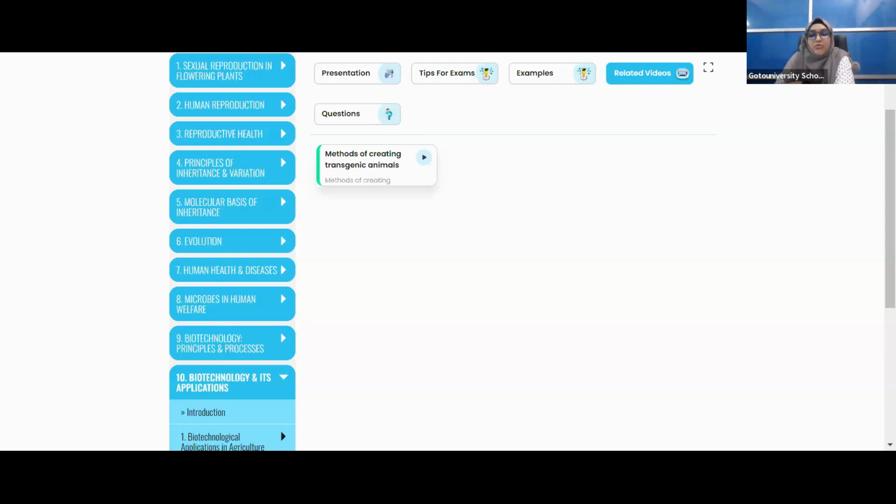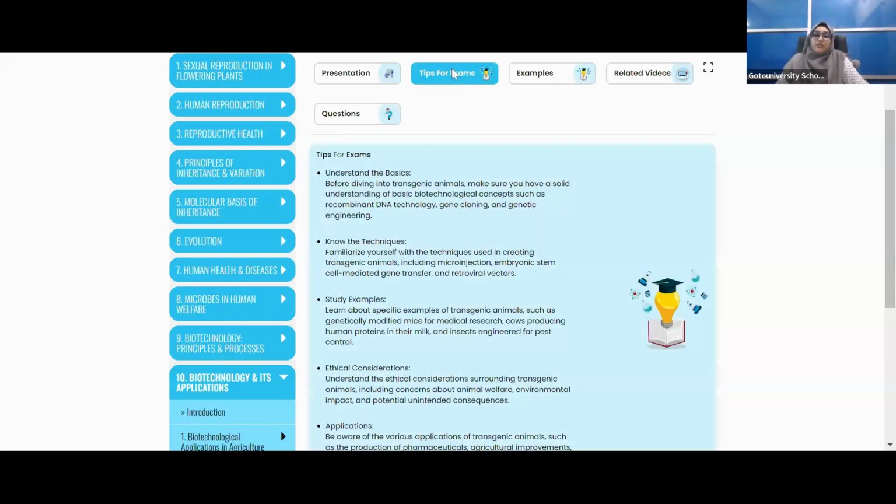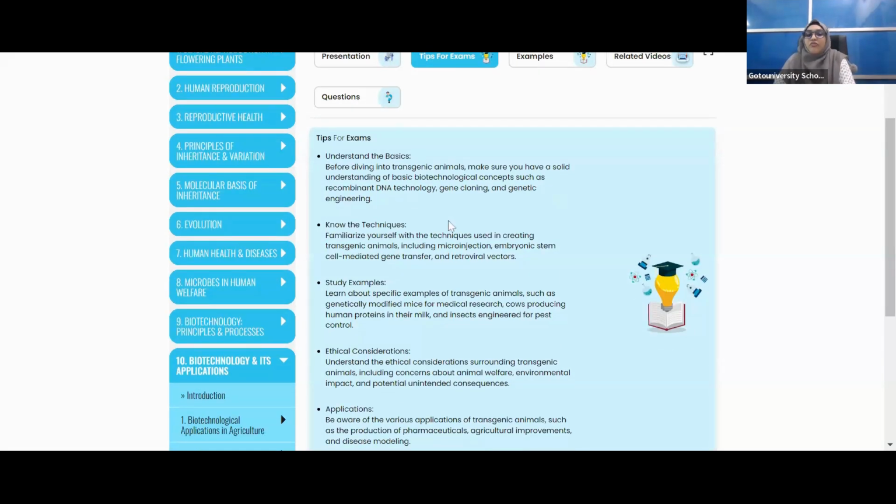You will be getting a clearer idea of this. Okay, this is very interesting, it is not boring. So next, you can see there are tips for exams. Before just jumping into transgenic animals, first you need to have a clear-cut idea